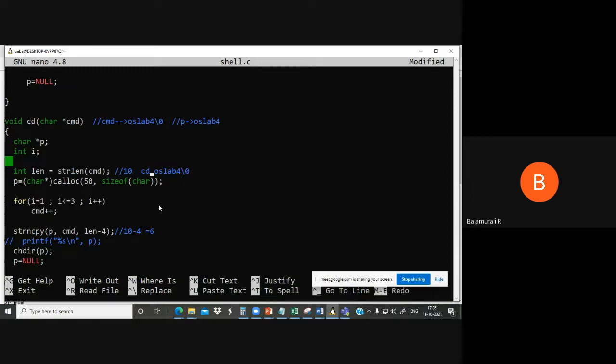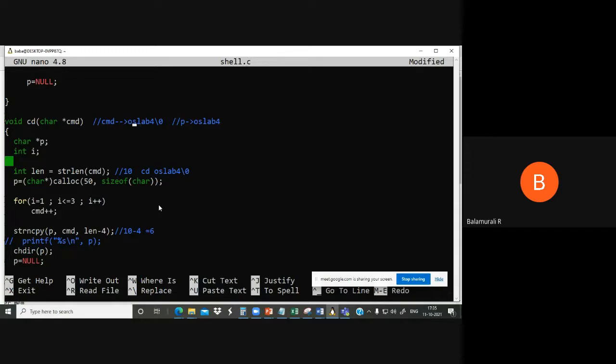So how many extra characters are there? 4 extra characters: 1, 2, 3, and this null character, including that, 4. So we are doing length minus 4. Length minus 4 means 10 minus 4, 6, which means we are going to copy only the first 6 characters from CMD to P.